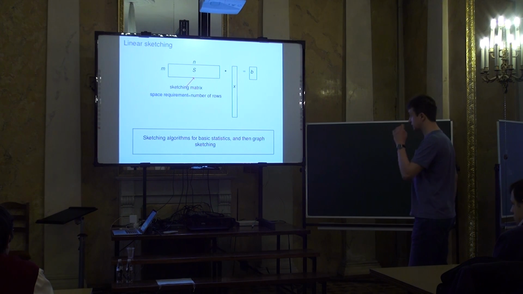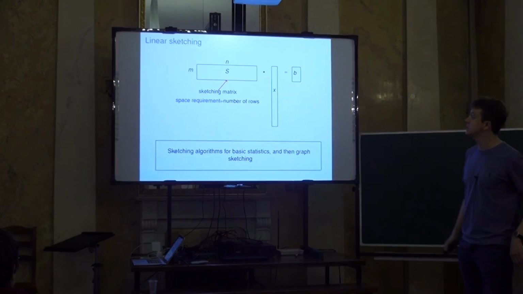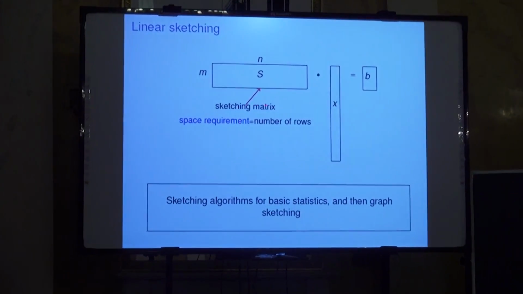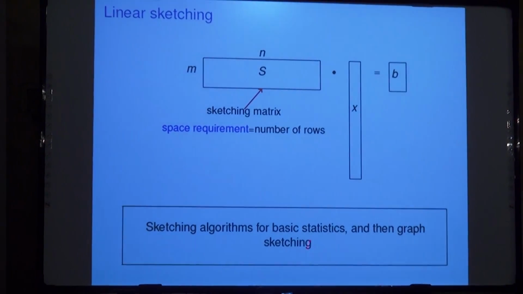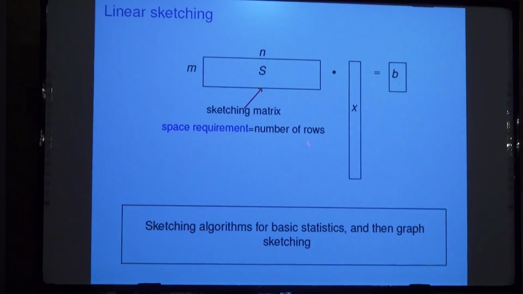Good. Okay, so first let me briefly remind you what we're interested in. We're interested in designing linear sketching primitives for analyzing huge data sets. Namely, we think of a data stream of items as a vector x. Think of x as the frequency histogram. And we are interested in designing these sketching matrices S. So if x has dimension m, then S will have n columns and a small number of rows, which